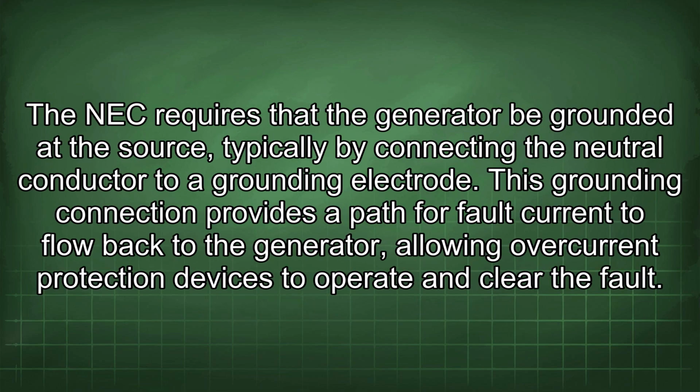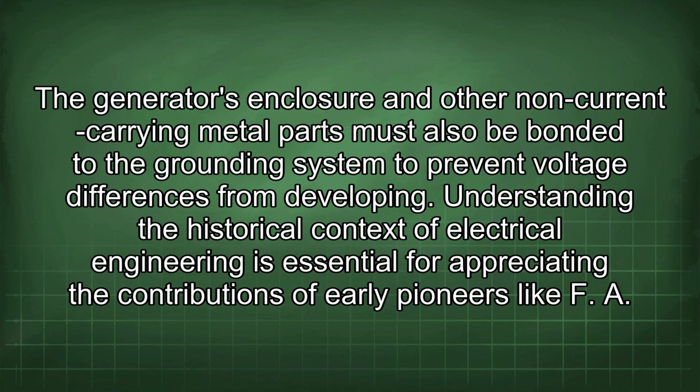The NEC requires that the generator be grounded at the source, typically by connecting the neutral conductor to a grounding electrode. This grounding connection provides a path for fault current to flow back to the generator, allowing overcurrent protection devices to operate and clear the fault. The generator's enclosure and other non-current carrying metal parts must also be bonded to the grounding system to prevent voltage differences from developing. Understanding the historical context of electrical engineering is essential for appreciating the contributions of early pioneers like